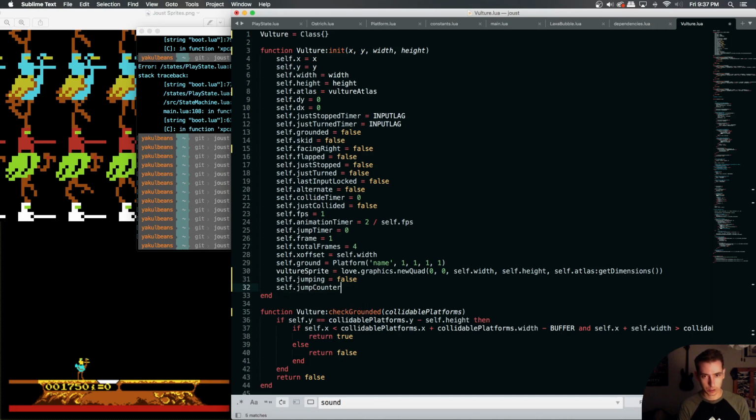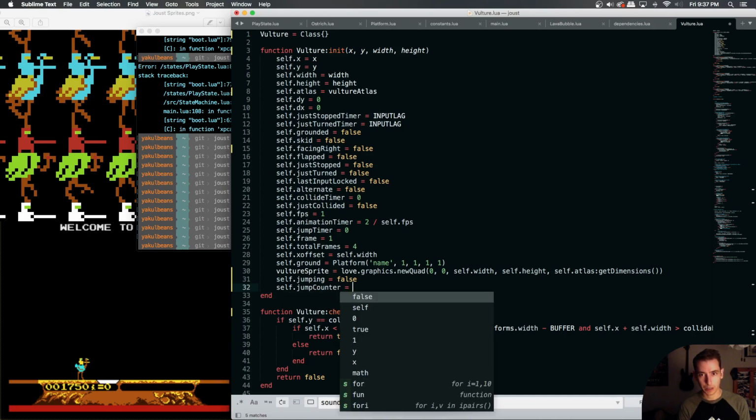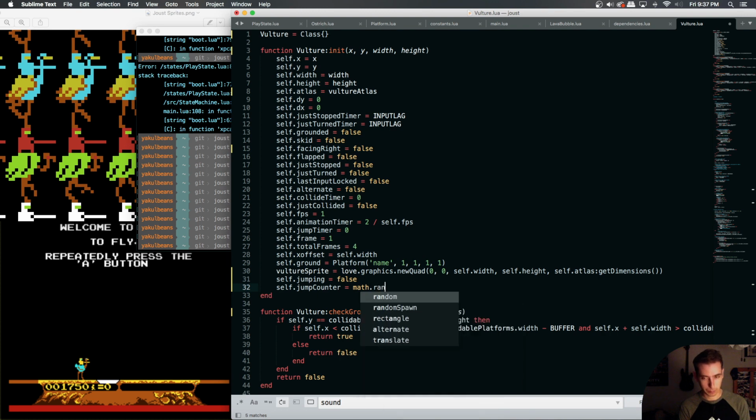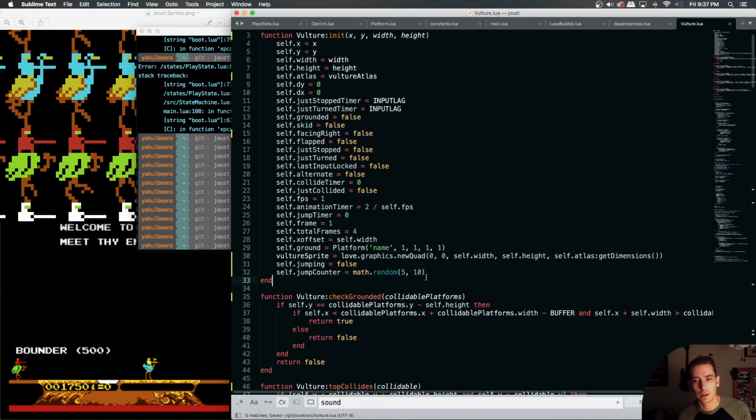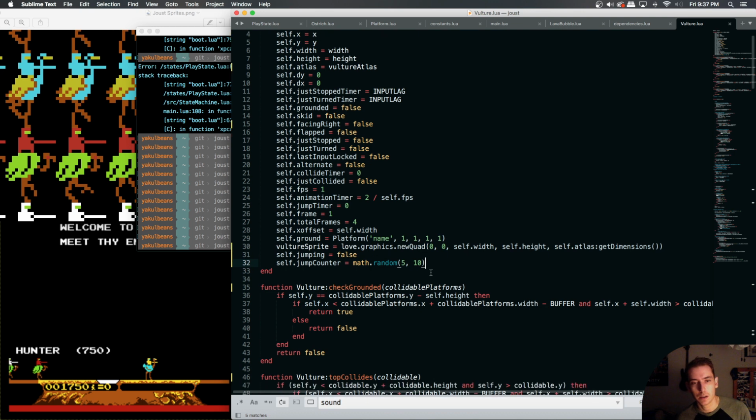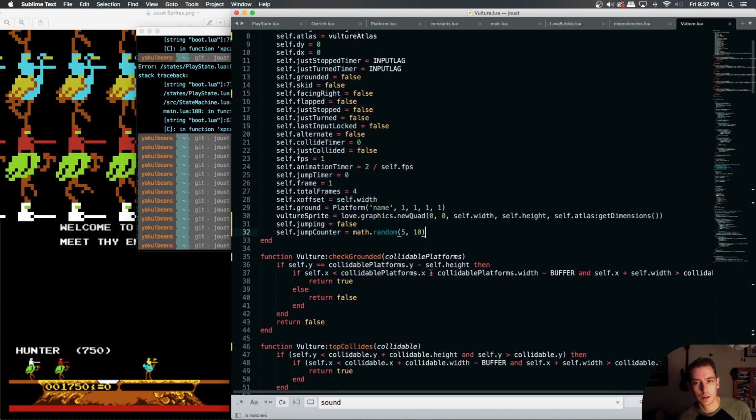Jump counter gets a math.random number in between, I don't know, 4 and 10. So in between 5 seconds and 10 seconds, it'll get a number between 5 and 10, which will say